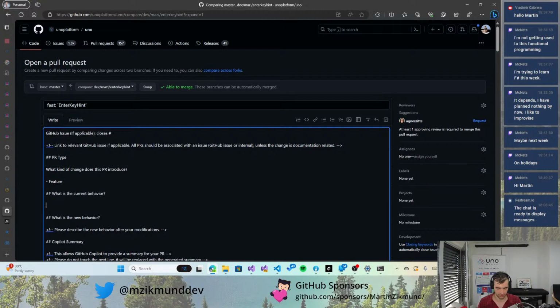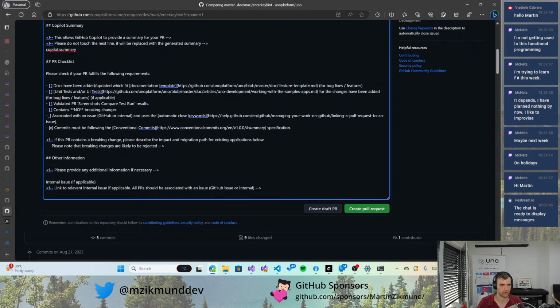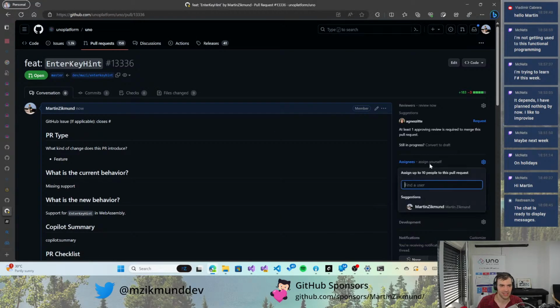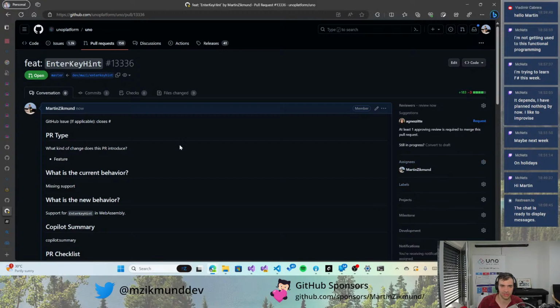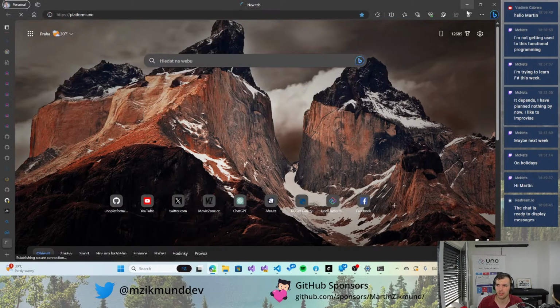So missing support for enter key hint in WebAssembly. And we should be all good. Just add these. No breaking changes. We have docs, we have UI tests, and that's it. So we are done. Actually, regarding contributing to Uno platform, now, if I think it was on the blog announced